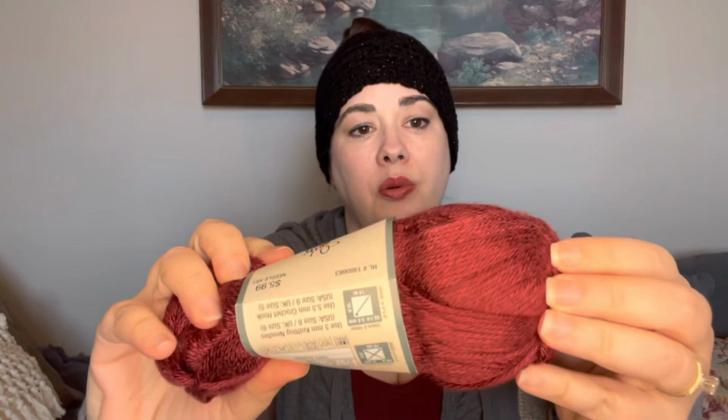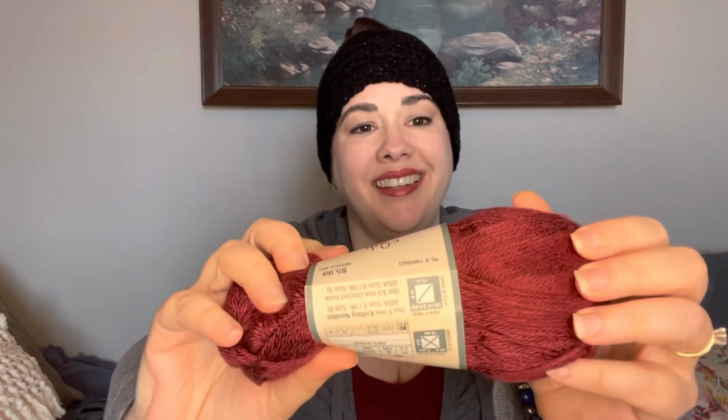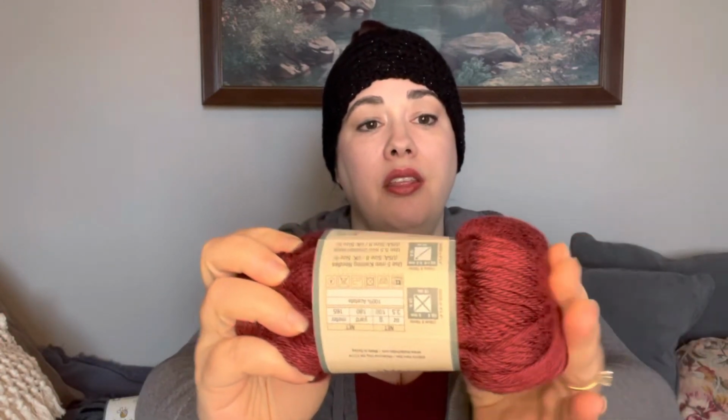It is unbelievably soft. I know there's no way for you to know that by me petting it like this, but it is seriously the softest. Yeah, look at that. The other one I got is very, very similar, and it's kind of confusing in the aisle because they're kind of stacked on top of each other. So if you're not really looking, but to be honest, I don't really know what the difference would be, other than this is called